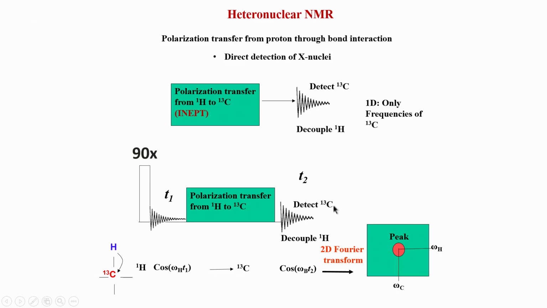There are a lot of favorable properties of detecting carbon. For example, the chemical shift dispersion of carbon is very high, and relaxation is also a little slower compared to proton. So, the lines are sharper in case of carbon compared to proton, but the problem with carbon is sensitivity, because the gyromagnetic ratio is low. So, when I detect directly, my polarization transfer has no effect. Polarization transfer only has effect for initial gain, but generally when we do carbon detection experiments, sensitivity goes down because of the gamma factor, and we have to decouple carbon and carbon.